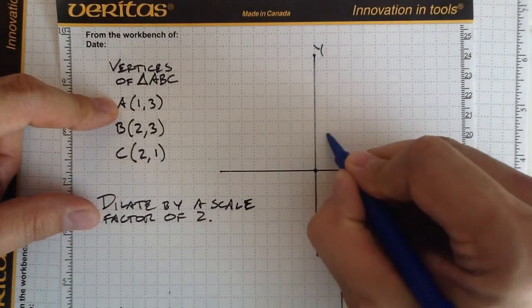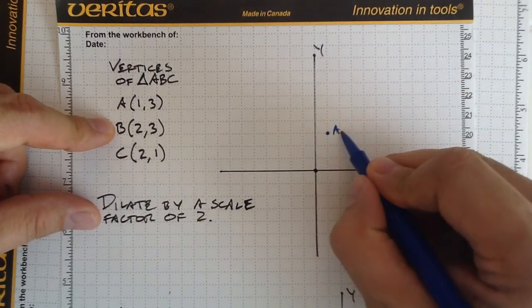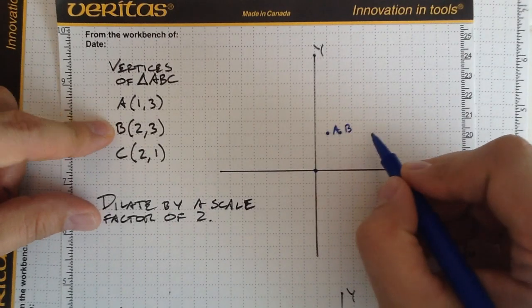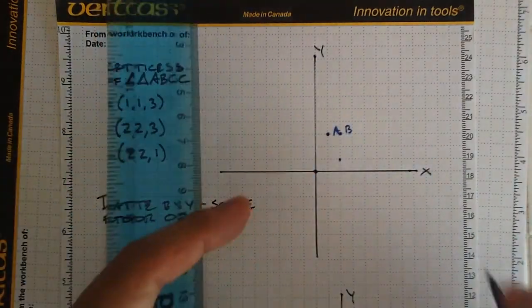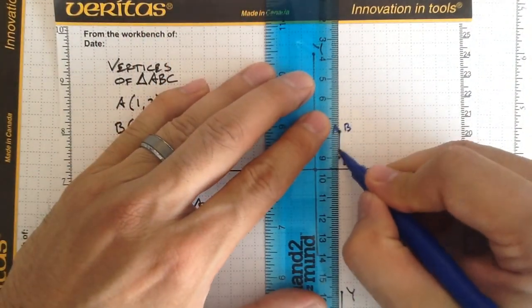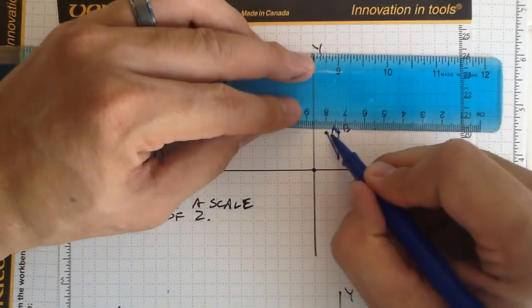Across 1, up to 3, there's A. Across 2, up to 3, there's B. And across 2, up to 1, there's C. So I join those together. There's my triangle. And so what we're going to do is a dilation by a scale